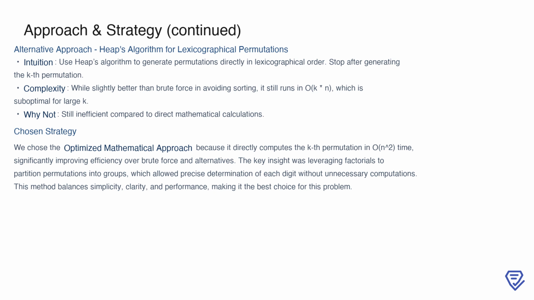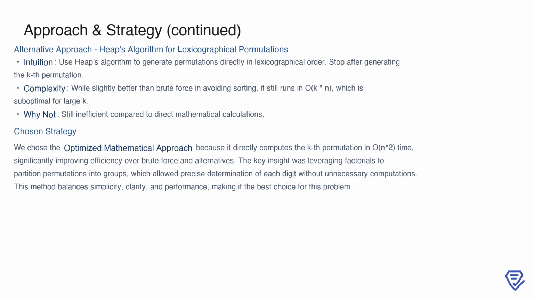By leveraging factorials, we were able to partition permutations into manageable groups and precisely determine each digit without generating extraneous results. This method strikes the ideal balance between simplicity, clarity, and performance, making it significantly more efficient than brute force